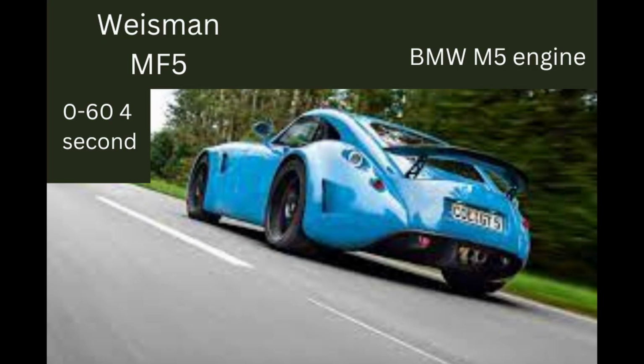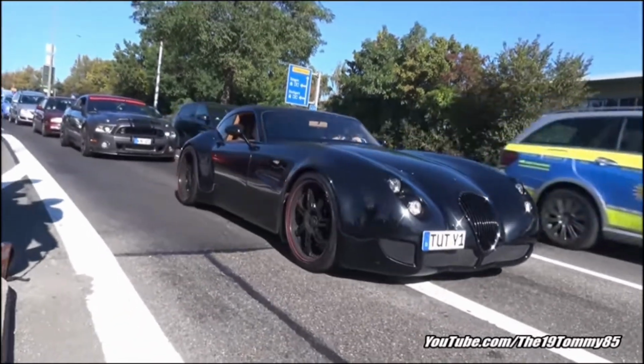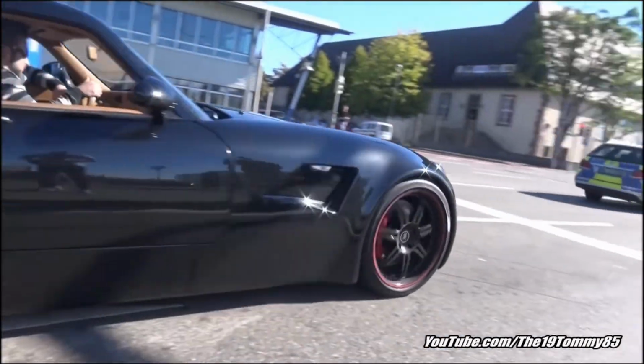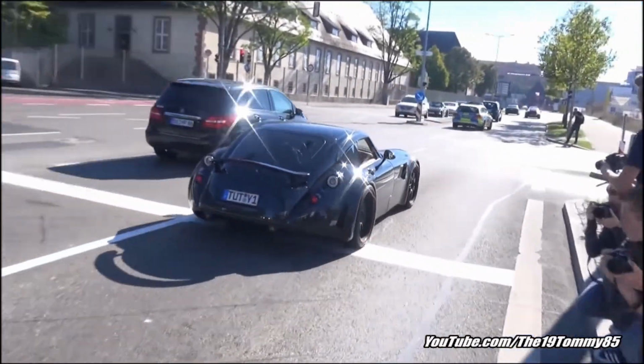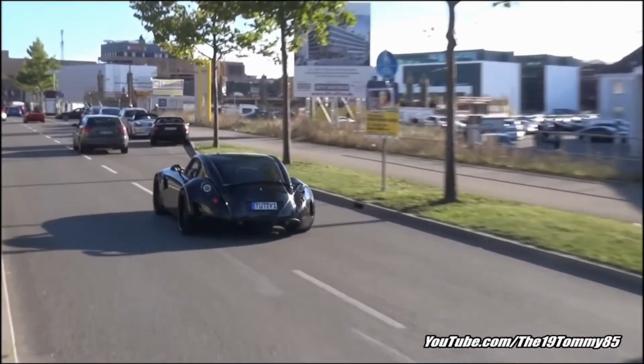Now next B tier car is something that some of you may or may not have known, that is the Wiesmann, I hope I'm saying that right, MF5. It's a German kit car that borrows the BMW M5's V10. It puts out some very impressive stats, nearly 550 horsepower and nearly 8,000 RPM. Its performance isn't the best, now it gets to 60 in around 4 seconds, which isn't bad. Top speed of 193, which once again is pretty bad, but I don't know. It's also very expensive. Reviews say this car does handle very well, but its price just puts it in the